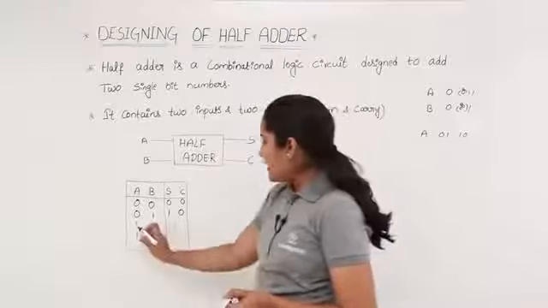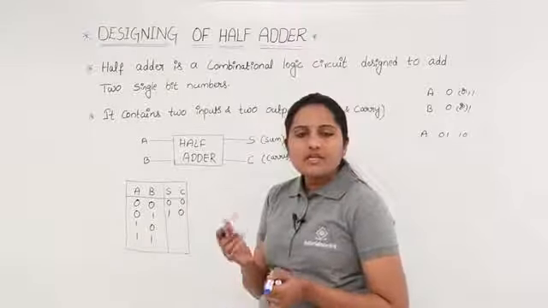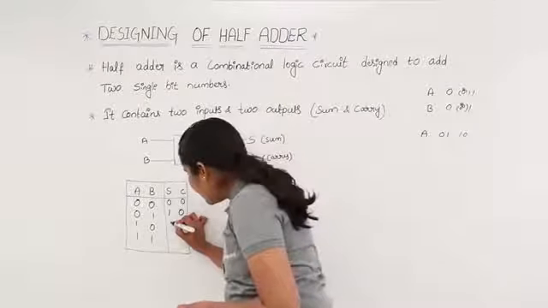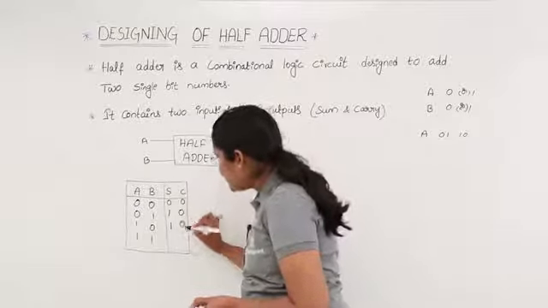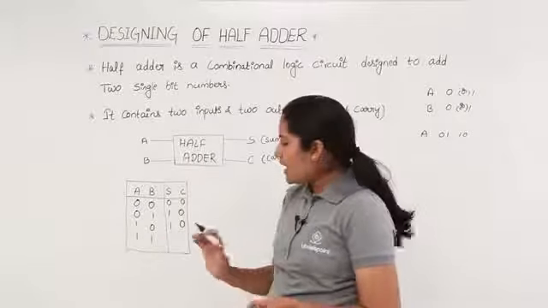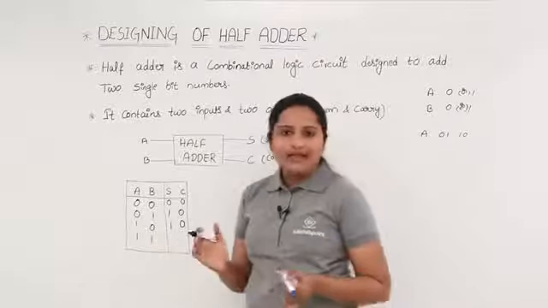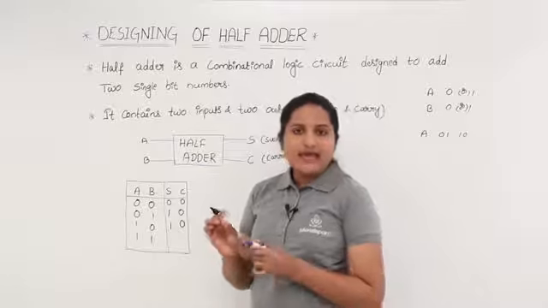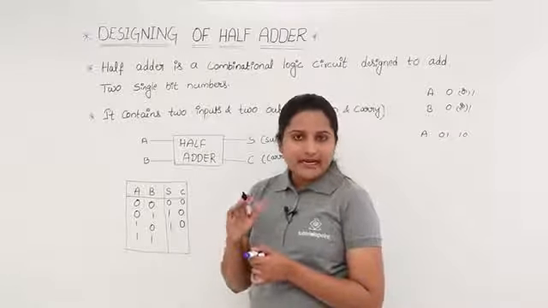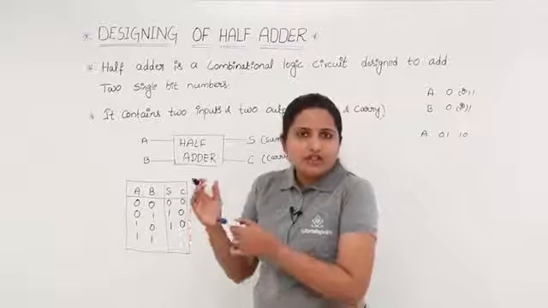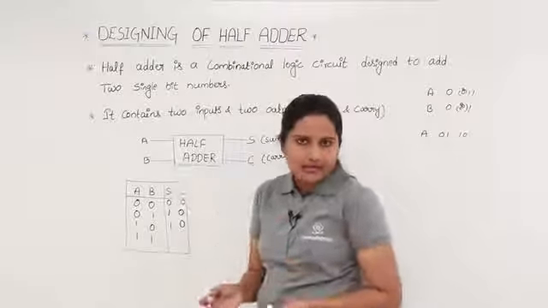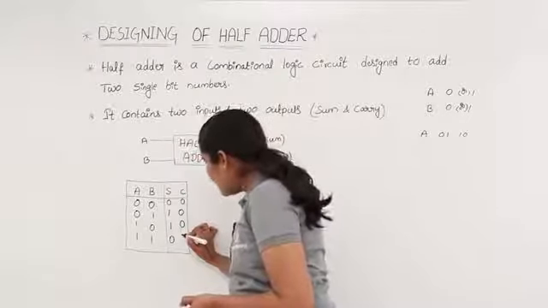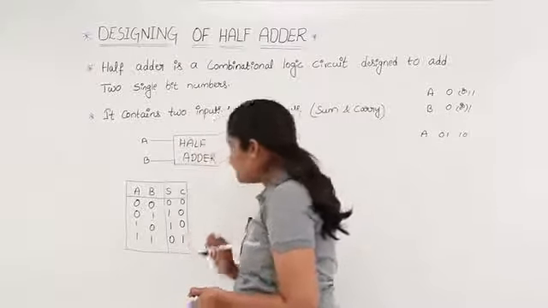Now you are adding 1 plus 0, which means your sum is 1, there is no carry. So here your sum is again 1, carry is 0. Finally when you are adding 1 plus 1 in arithmetic addition, you get sum as 0 and carry as 1. In arithmetic addition rules, 1 plus 1 is equal to 0 with carry 1. 0 represents the sum only. So the sum value is 0 and the carry value is 1.